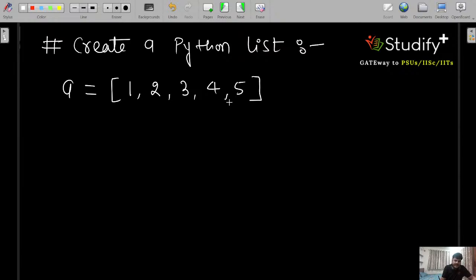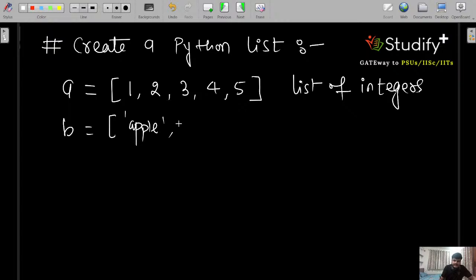This is how I can create a list. This is an integer list, right? This is a list of integers. Thereafter, I can also create the list like b equal to, let's say, apple,